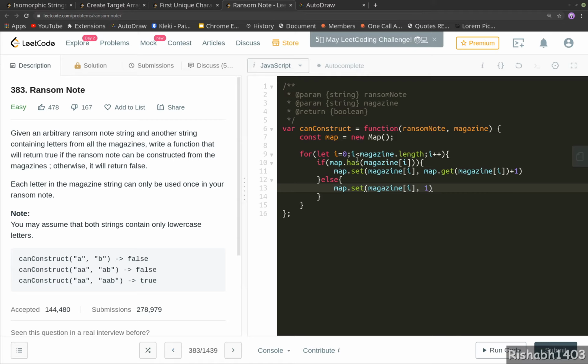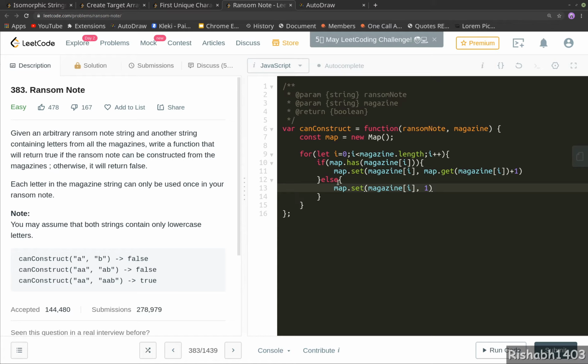Okay, so we are looping over the magazine, and if the character is present in the map from previous iterations, we will increment the count. So we will increment the count of the magazine character at position i. If the character is not present, then we will set the count of that character in the map to 1. I fumbled a bit there.